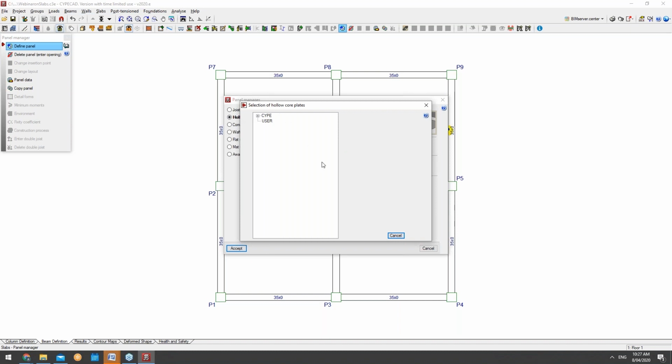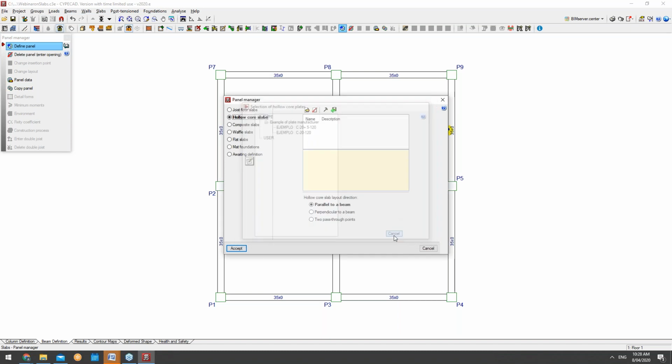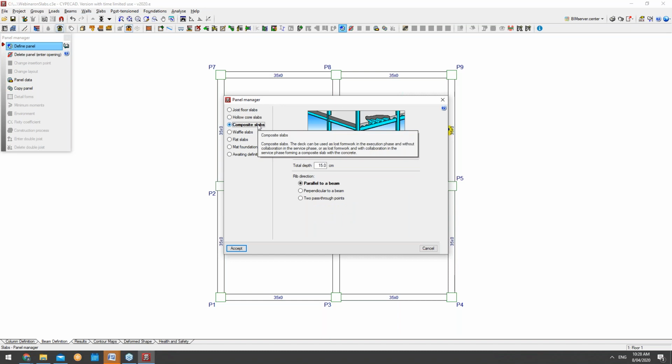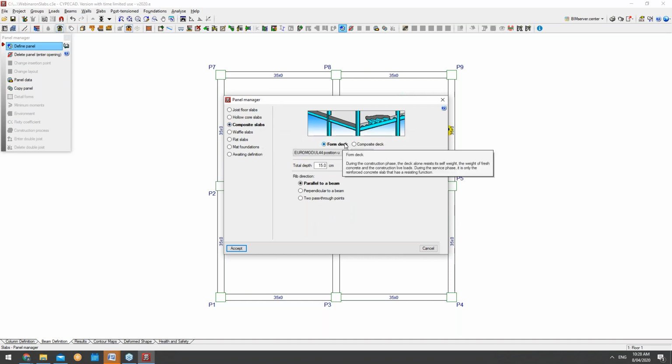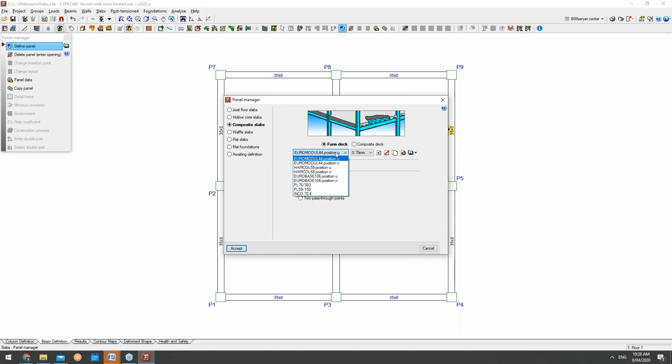Moving on, we have our hollow core plates. You can see here that I have some hollow core plates already saved into my computer. Now, of course, you can do those if you want, but you can also edit your library and bring in your hollow core slabs if you wanted to as well. Moving on, composite sections as well. So quite important here. We have the option between a form deck and a composite deck. So you can see here all the different